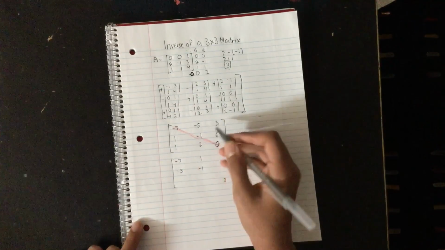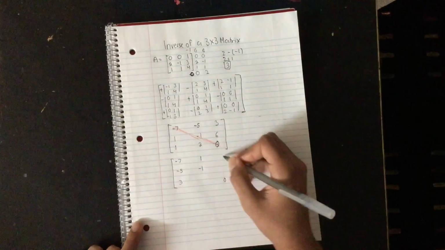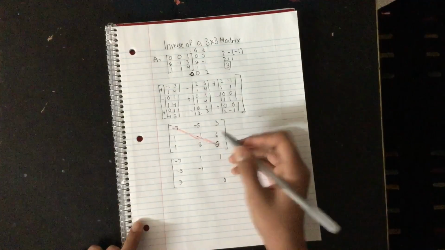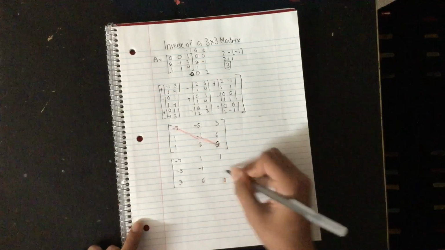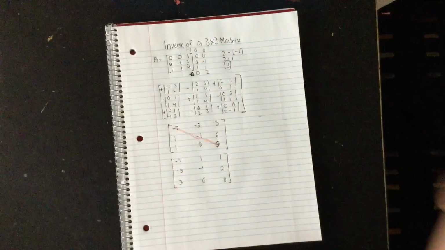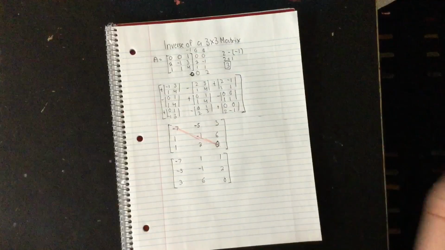We're going to flip 1 and 3 over. So 3 comes to this side, 1 goes up there. And then last but not least, we're going to switch 2 and 6. So 6 is going to come here, and 2 is going to come here. And so that seems like it's going to be our finished matrix. But remember,